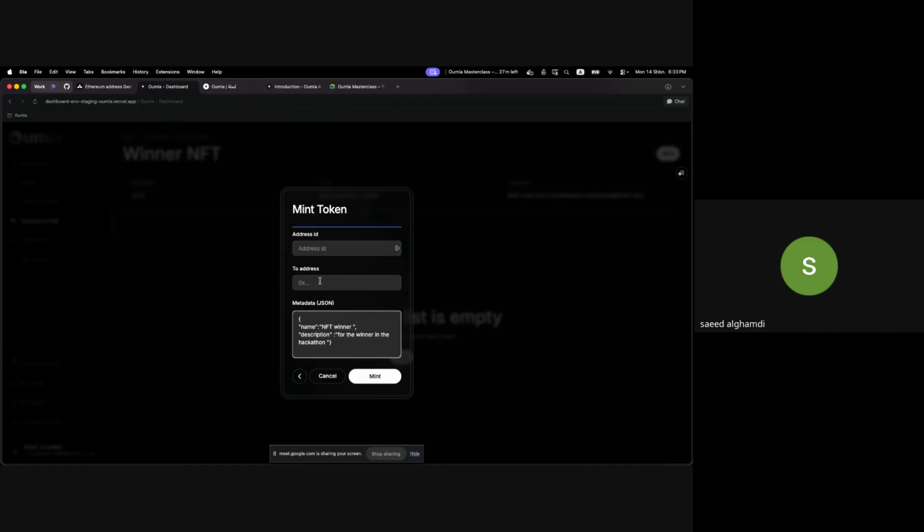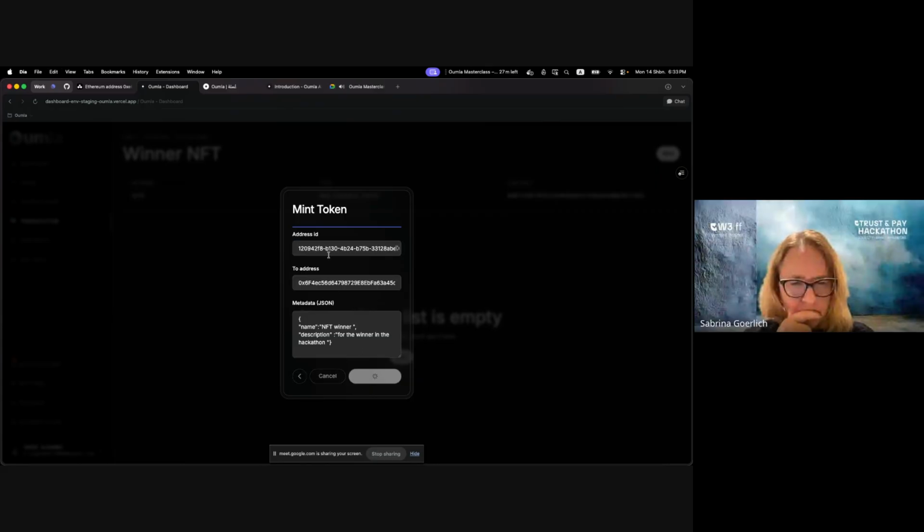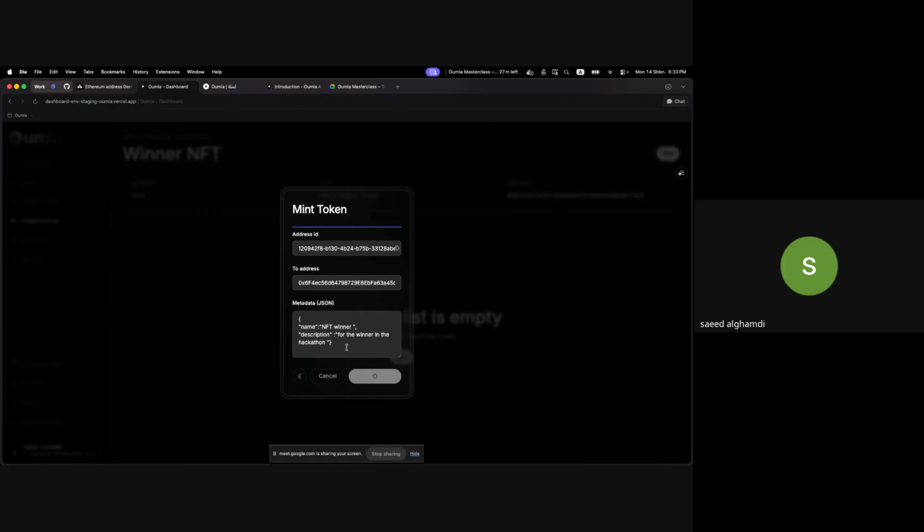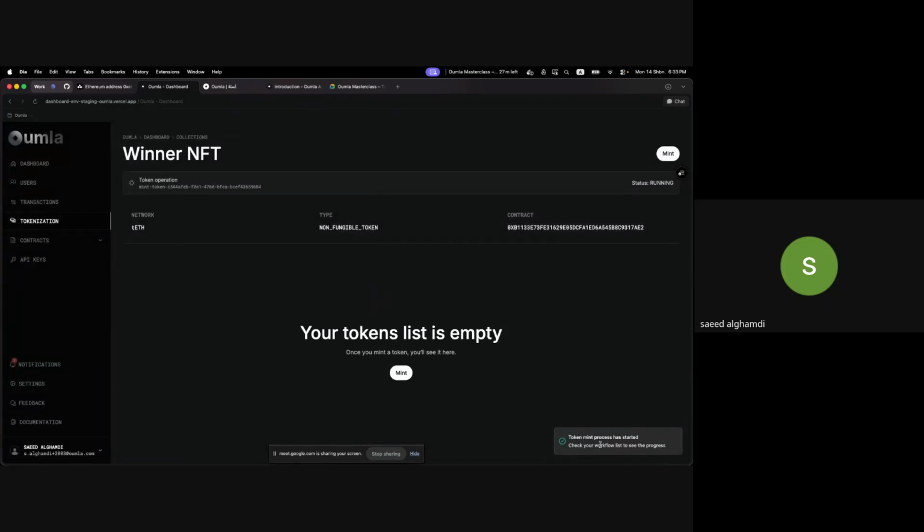So yeah, this and the two address here. We will put this address and the address ID, which is basically the deployer address. Yeah, and let's wait a minute.